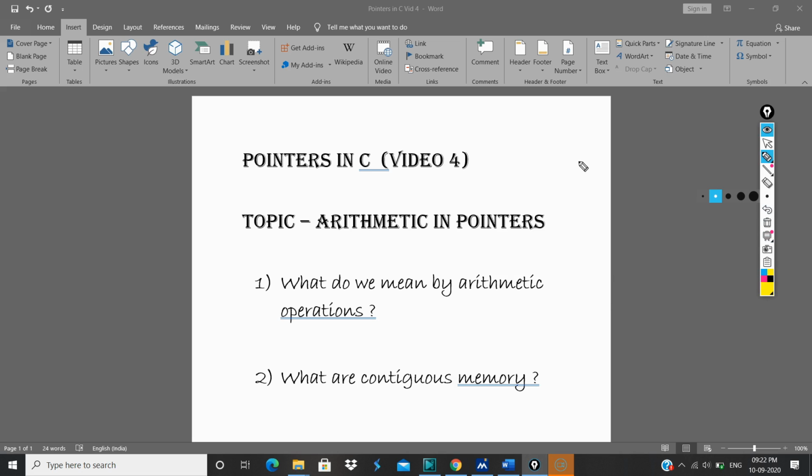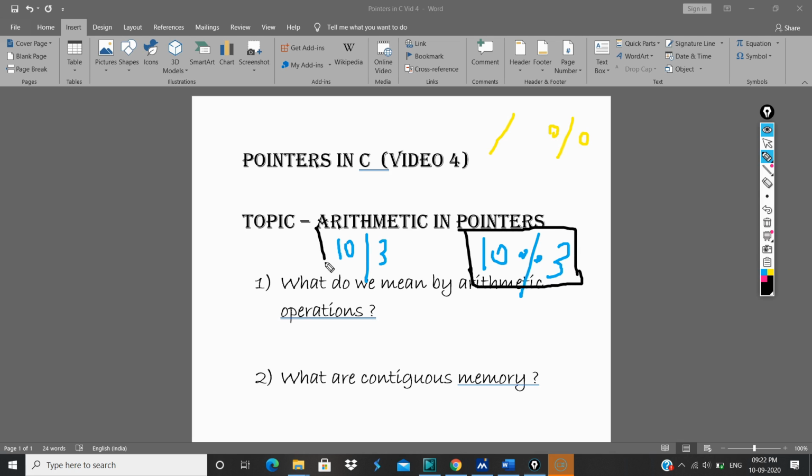What is the basic difference between divide and modulo? I'll explain it now. Suppose I have written these two expressions, 10 divided by 3, and again 10 modulus 3. What is the difference here and what is the difference here?